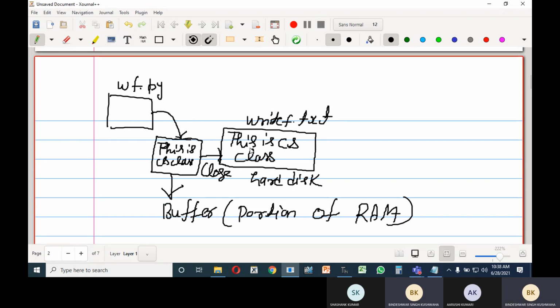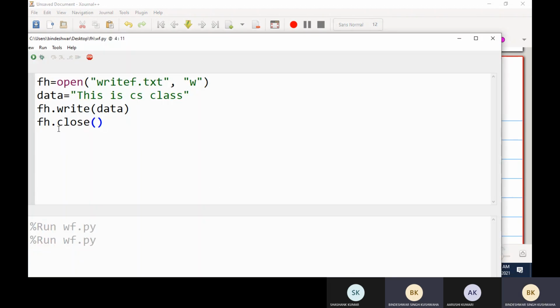Otherwise, if you do not close it, as you can see when I didn't close the file. This fh.close is the function used to close a file. If you do not close after writing, the data will not be written on the file.